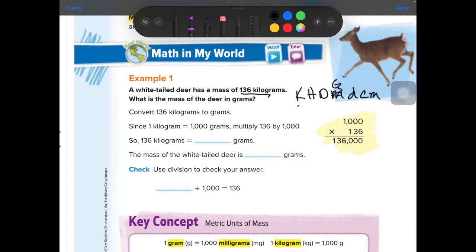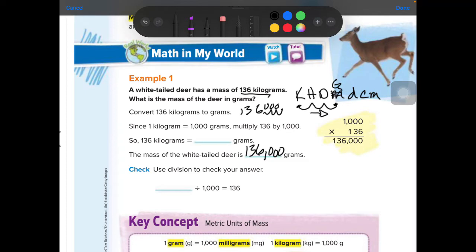We're going from kilograms and we need to go to grams. And we're going to go 1, 2, 3 spots and move the decimal right 3 spots. So we have 136, 1, 2, 3. Our answer is going to be 136,000